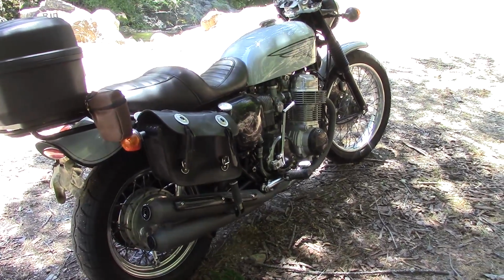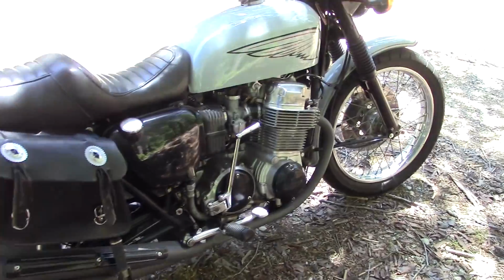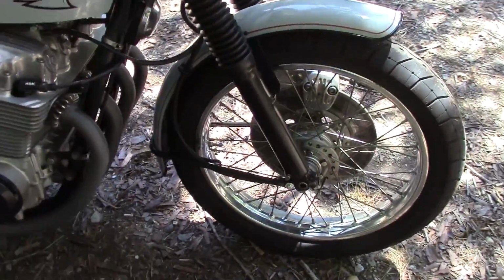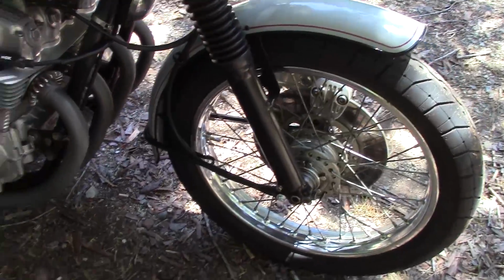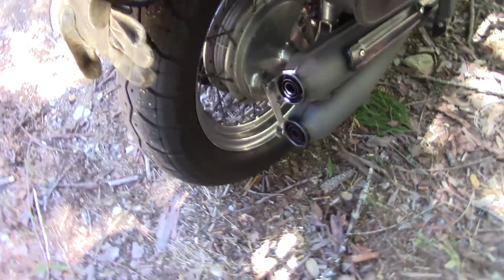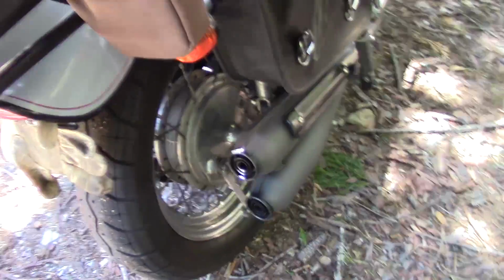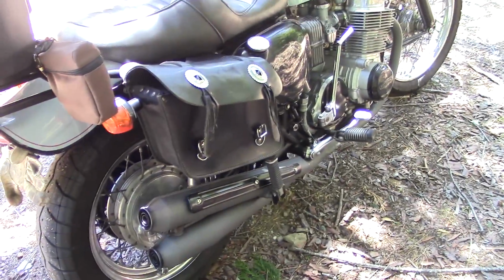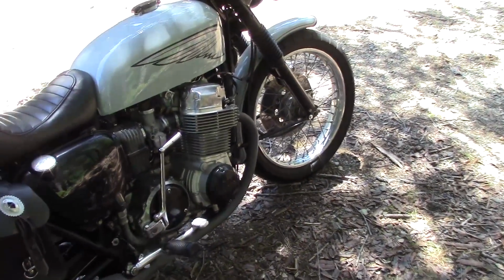Okay, there it is, all done for the time being, with of course the exception of the front rim needs to be powder coated, and the hub, and same thing with the back rim and the brake plate and the hub and all that. That's going to be also powder coated at some point. But there it is, all done after 4 years of